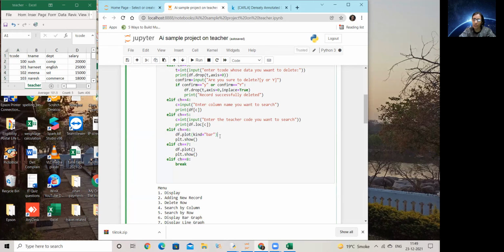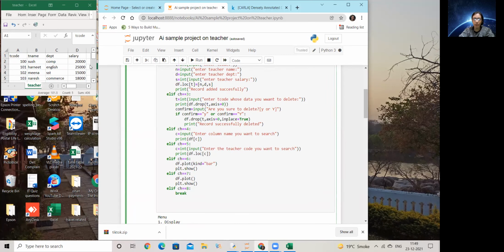But yes, we have learned the other methods also, that you extract a particular column, whichever you want, and set it as your X, and extract another column, set it as your Y, and then plot it. That option is also there. Plus, there are a few more options, but because I just have one numeric value as my field, I can only plot this as my graph.